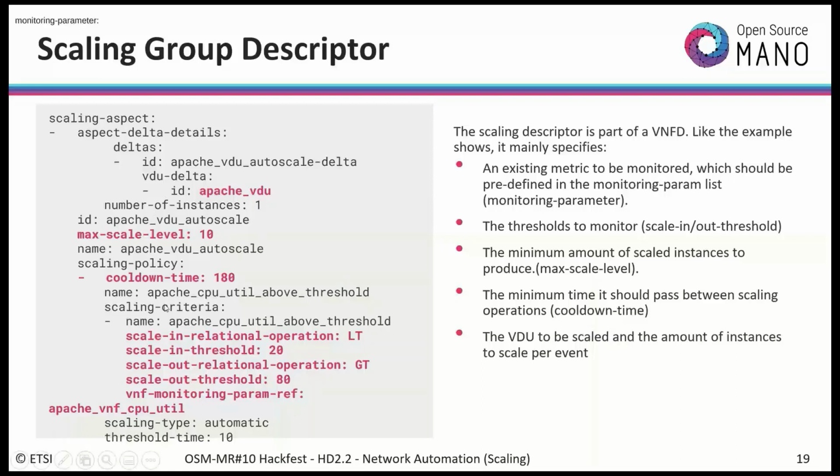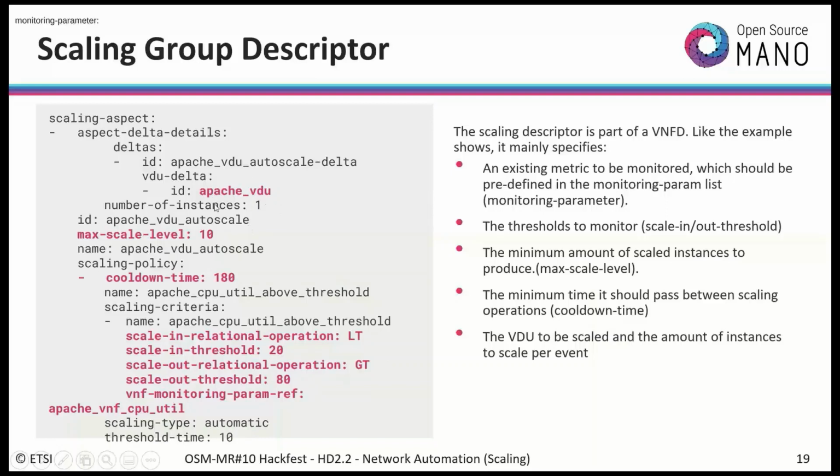So there is a scaling descriptor, that is the policy that tells you when to scale out. You see that there are operations like greater than and less than. The greater than tells me that if the CPU utilization is higher than 80%, then I have to scale out to a scale out instance. If it is less than 20, then I have to scale in maybe,